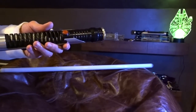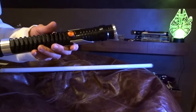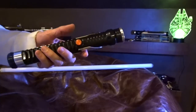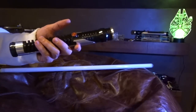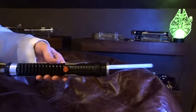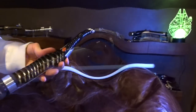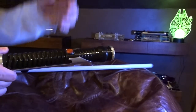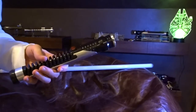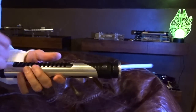pulse, shimmer, and even blaster bolt stuff you can adjust with the RICE. You can adjust so many things in the RICE. The power of the blade, the drive, the power of the flash on clash. All those things are really necessary when you're dealing with the Crystal Focus LS or any string blade. You need to be able to control the different